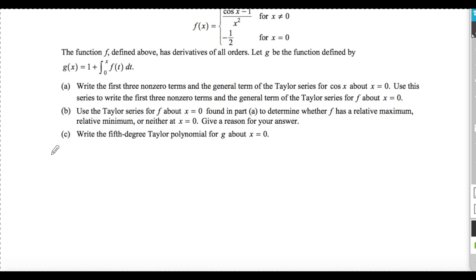Part B, use the Taylor series for f about x equals 0 found in part A. So we just found that about x equals 0. I'll rewrite it down again just so we can see it, because we will need it. f of x, we just found out, was -1/2 plus x squared over 4 factorial minus x to the 6th over 6 factorial plus so on and so forth plus (-1)^(n+1) times x to the 2n